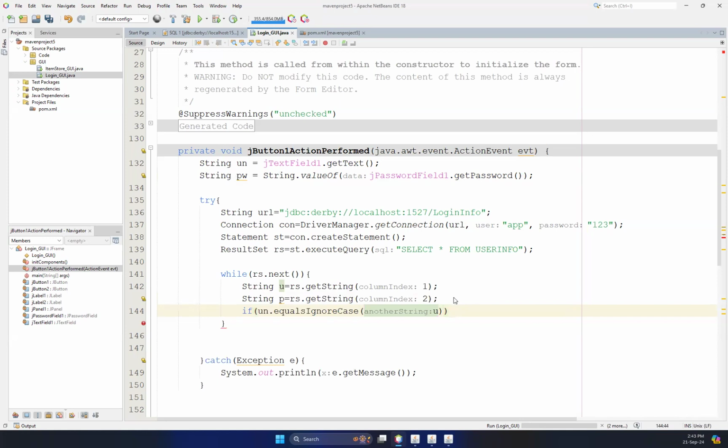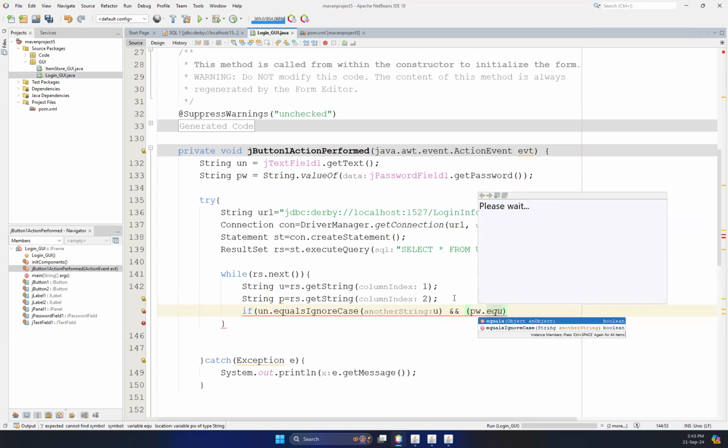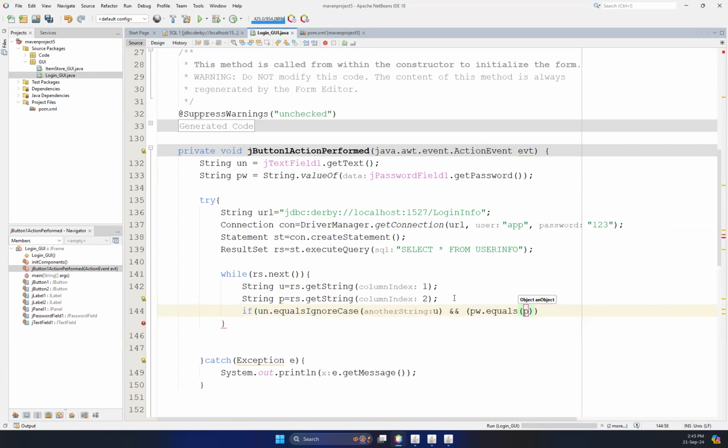And we can set like this, and with the username, and if the password dot equals with the p, if both are matching true, then we can say